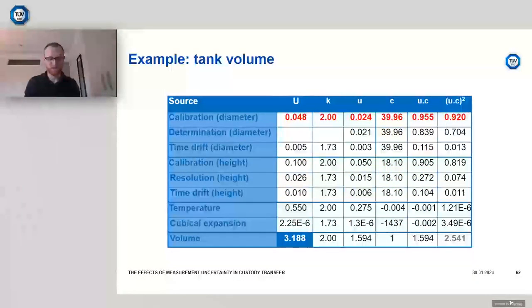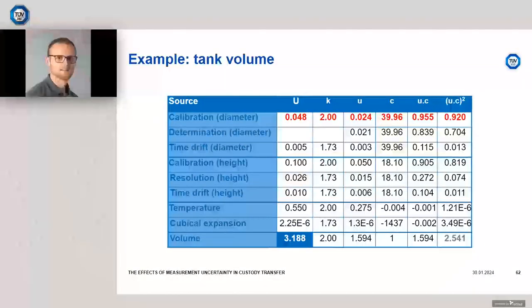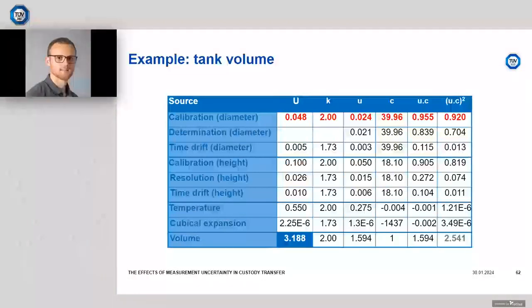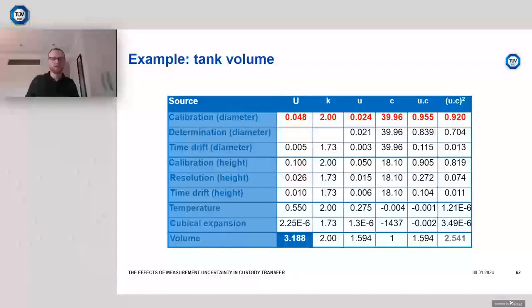So uncertainty analysis is very much an iterative process. You set a target uncertainty to achieve, and then we calculate or predict what the uncertainty would be. We'll do our uncertainty budget and our uncertainty calculations, and then we might think, oh, our uncertainty is too high. If it is too high, one of the things we can do